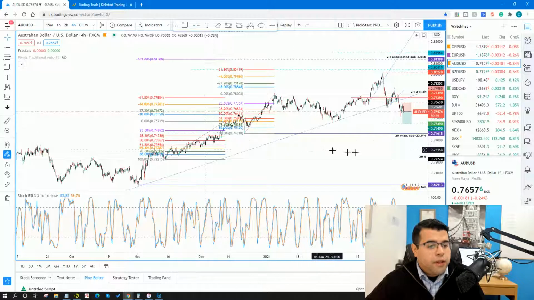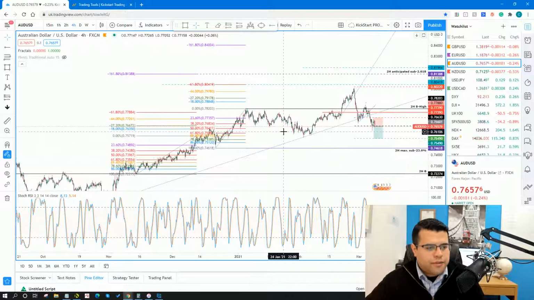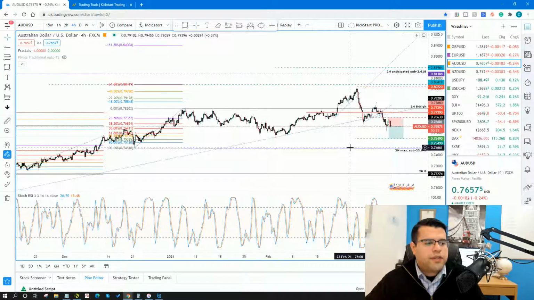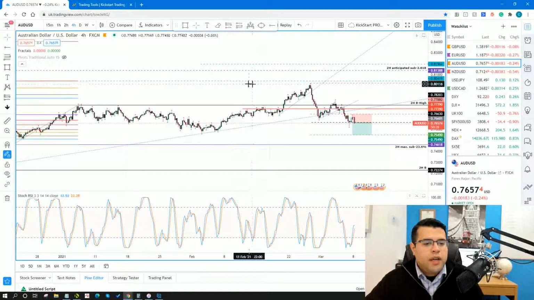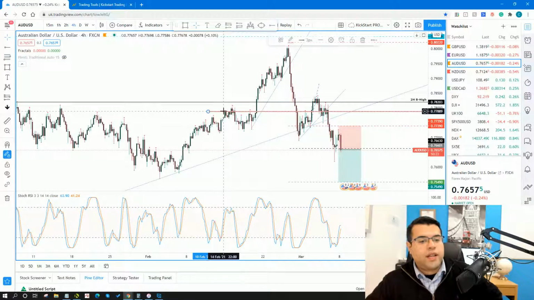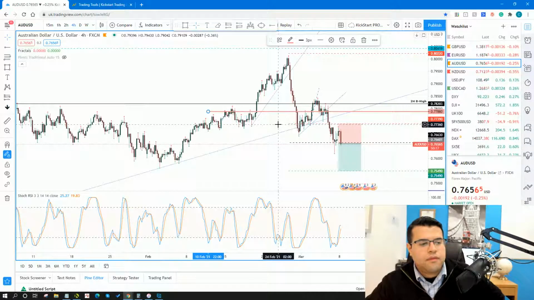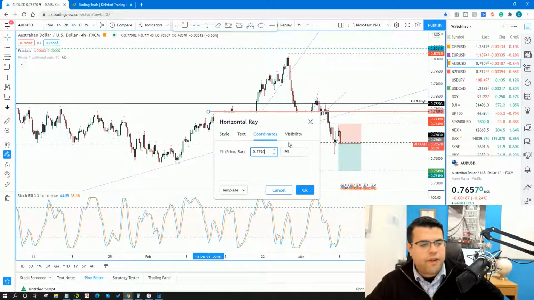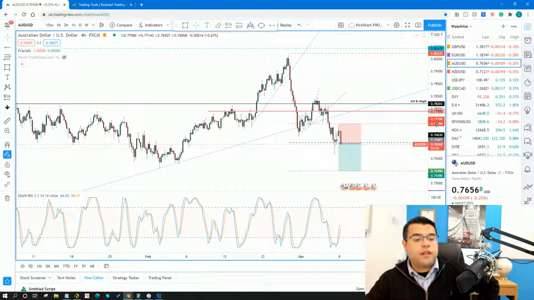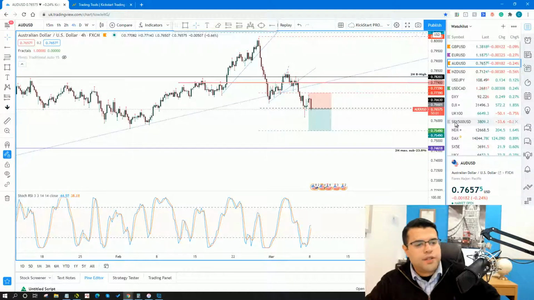thereabouts. I do have plenty of room to the downside here, plenty of justification for selling, including some unfulfilled 382s here in the overall capital uptrend. But that 7739, 7740 level has proven to be a pretty solid level of resistance here, you can see, and then just above that, 7790. Right, 7790 has proven to be a very solid level of resistance as well. Okay, and so as long as we remain below those two levels, I'm looking to continue selling this.